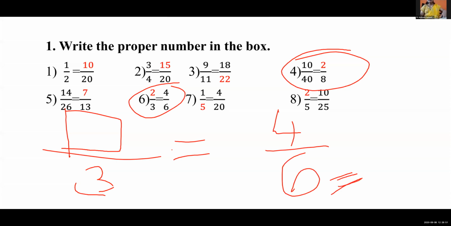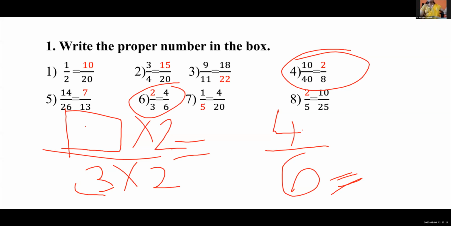What is the number by which you multiply 3 to get 6 in the denominator? Correct. Prathi is the first one to tell the answer. 2. 3 twos are 6, we are getting it over here. Correct, no? 3 twos are 6. So here what number should it be? If you multiply that number by 2, we get 4 over here. What should it be? Arnav is saying 6.